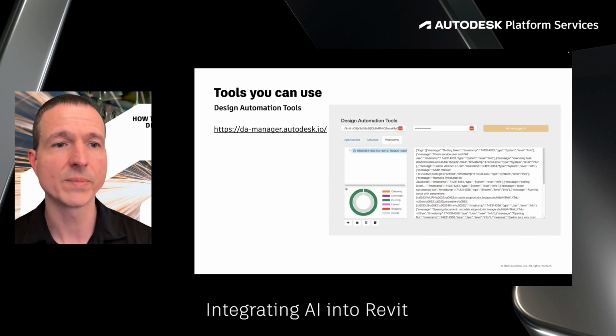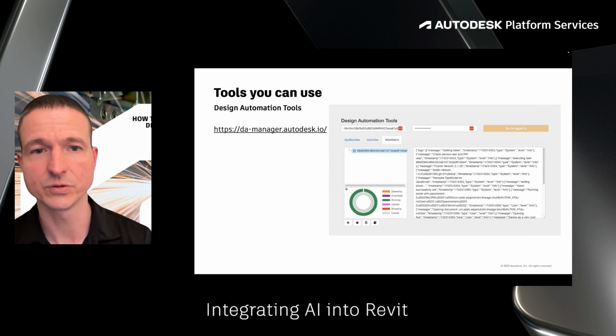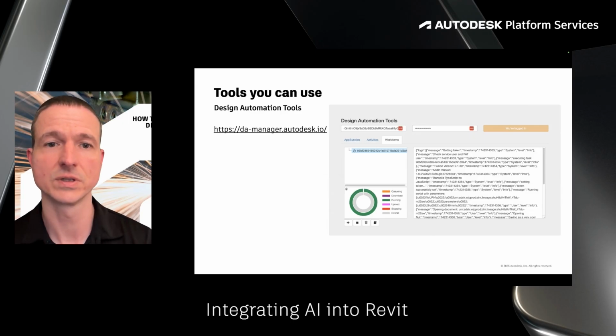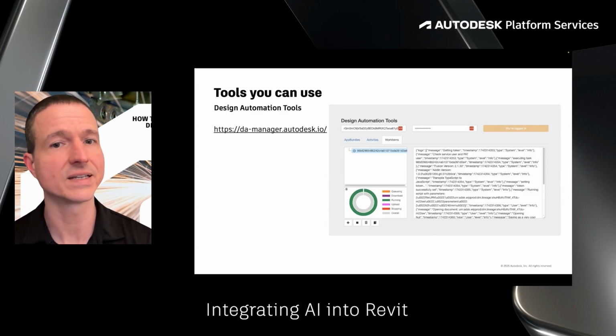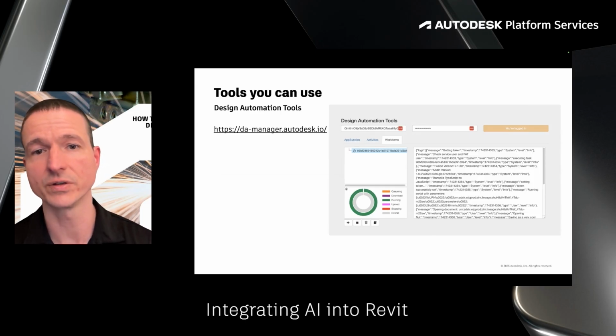And we also have a web app called the Design Automation Tools. Here as well, you can use your client ID, client secret in order to check all your app bundles or set up new ones, updating existing ones, set aliases to them, manipulate the various activities, and run even your work